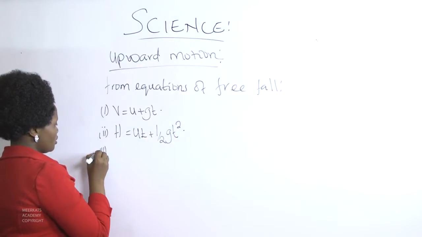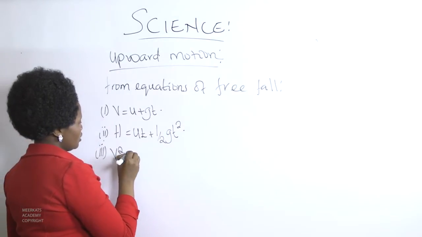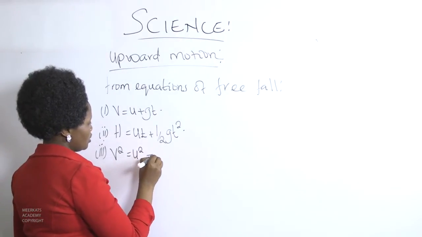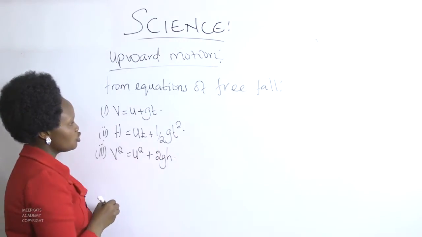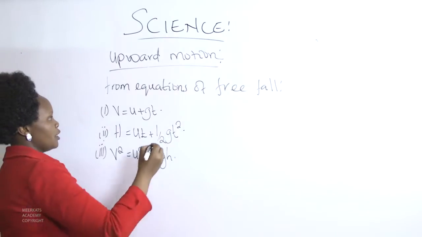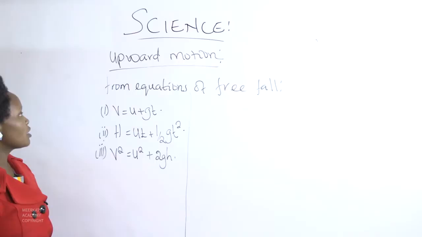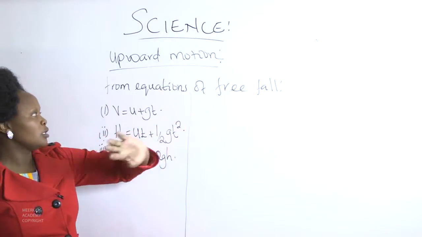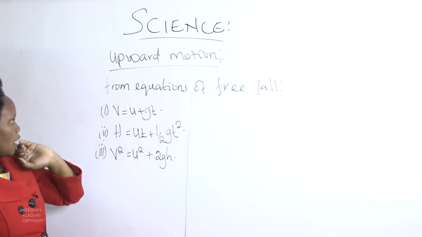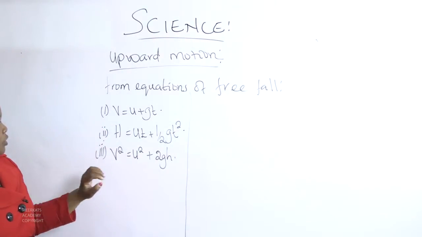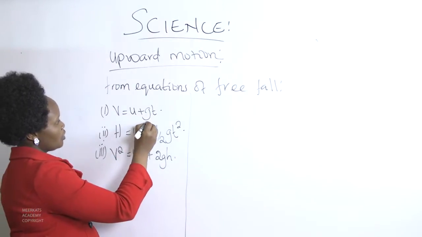Then 3, v squared is equal to u squared plus 2gh. Now, these three equations will give us the equation of free fall when a body has been projected vertically upwards. Now, taking into consideration that g is now negative,